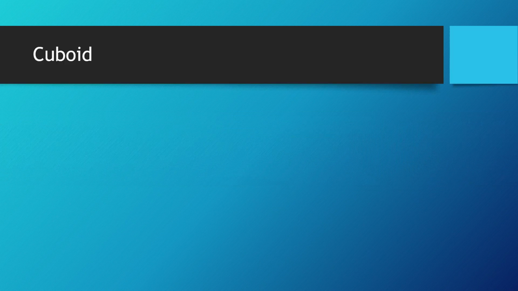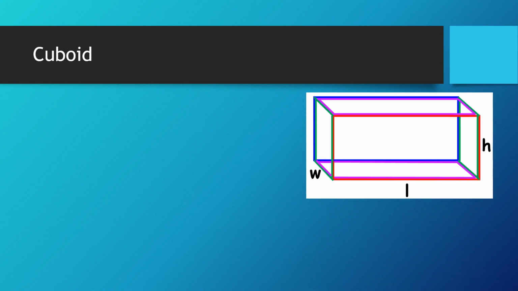So cuboid, if I talk about cuboid, it is nothing but you can talk about your room, your cupboard. You will see that all the faces are rectangles. This face is a rectangle, this face is a rectangle, this face is a rectangle. So in a cuboid there are how many rectangles? 6 rectangles. You can see 1, 2, 3, 4, 5 and the sixth, which is the front one. Out of those 6 rectangles,